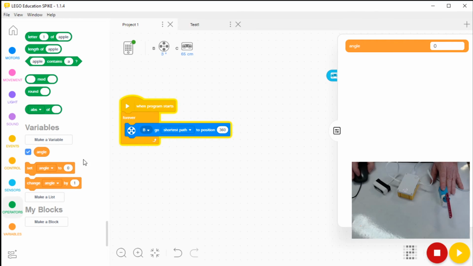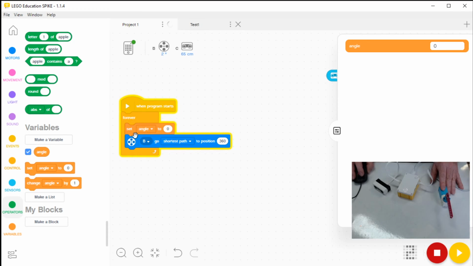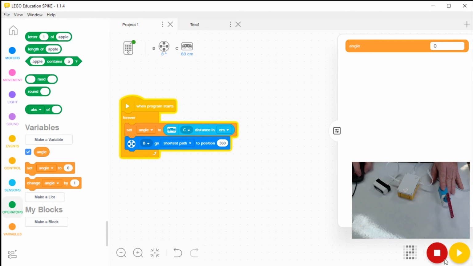And there's a block here for setting the variables, and it knows that that's my only one. Okay, and I'm going to set this to the distance in centimeters. So if I run this now, see, look, the angle up here is changing as I move my